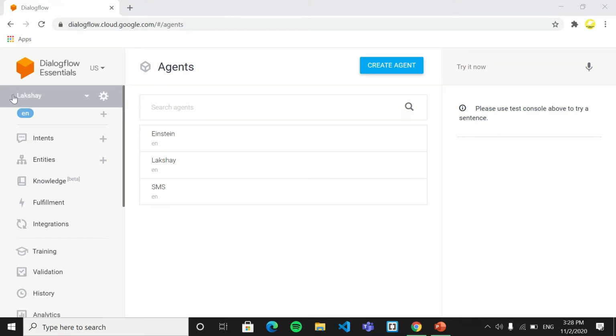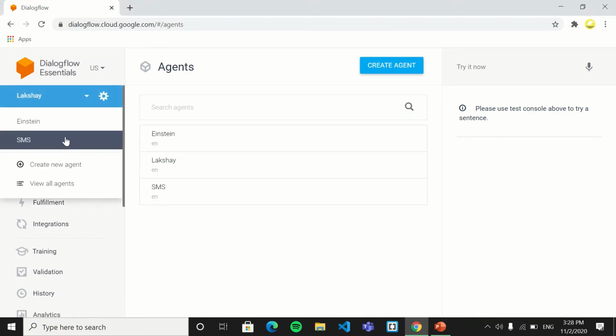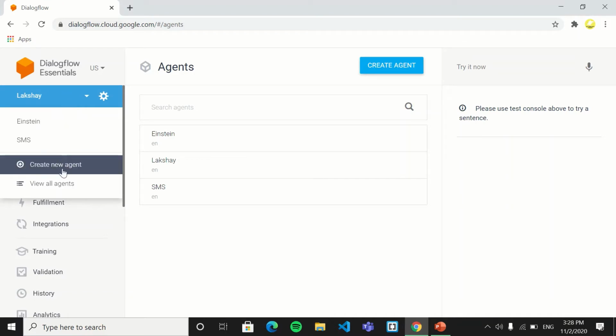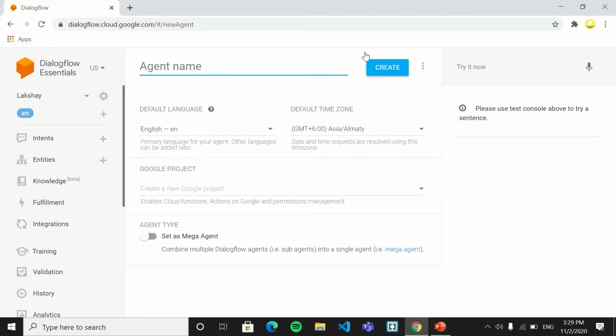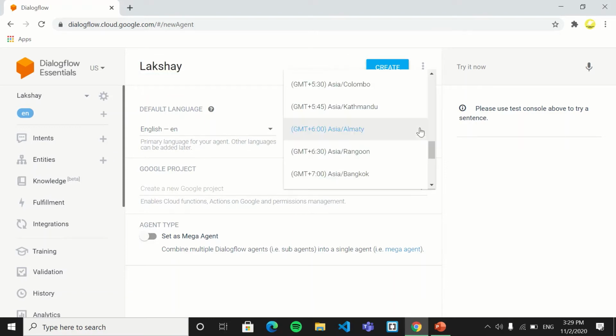So you can see the name of the chatbot here. I have made 3 chatbots, and there is an option named create new agent. When you click it, this will be visible. You have to put the agent name, like I am putting Lakshay again. Then you have to choose the time zone according to your country. If you are living in India, you have to choose GMT plus 5:30 Asia Colombo.